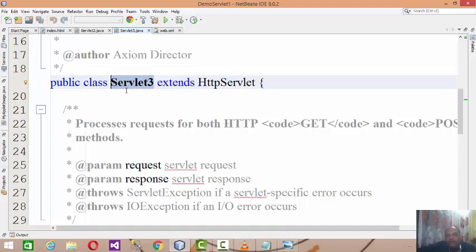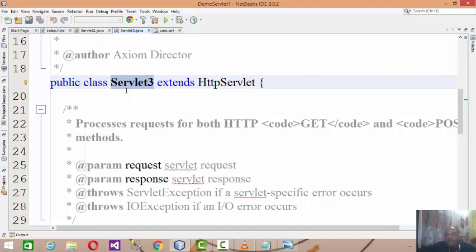Now, to add the server side logic, I need to override methods like init, processRequest, service, doGet, doPost, destroy, if you want to implement the whole life cycle of a servlet. Earlier, while developing an applet, we wrote a public class MyApplet extends Applet, and then we overrode the methods of the applet like init, paint, repaint and all.